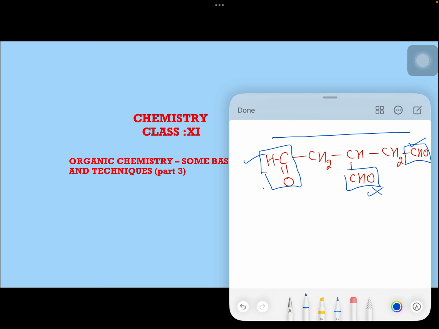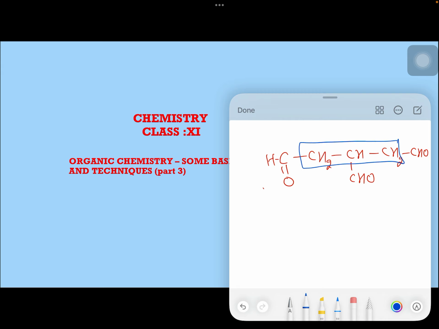So the other possibility is I will leave all of them out of the main chain and I will consider this as the main chain. 3 carbons, propane. Now in propane I am counting 1, 2, 3 carbons. I am not able to count the carbons of these 3 functional groups. So I will write propane 1, 2, 3. All the 3 carbons are having CHO functional group. So we call it carbaldehyde. When you're not able to count the carbons, the term is carbaldehyde. Propane-1,2,3-tricarbaldehyde.